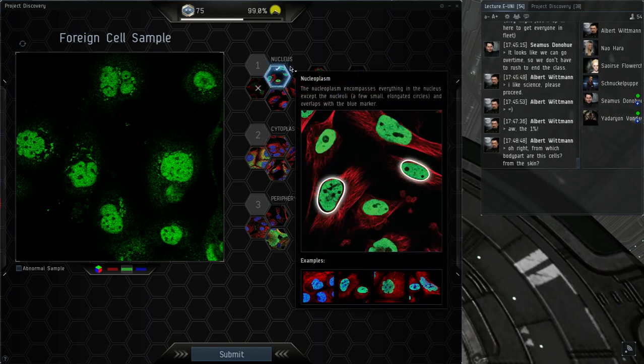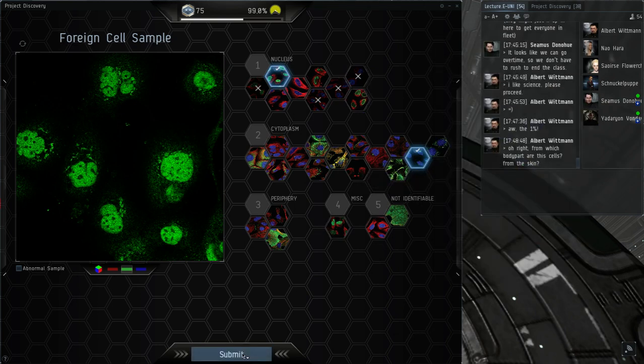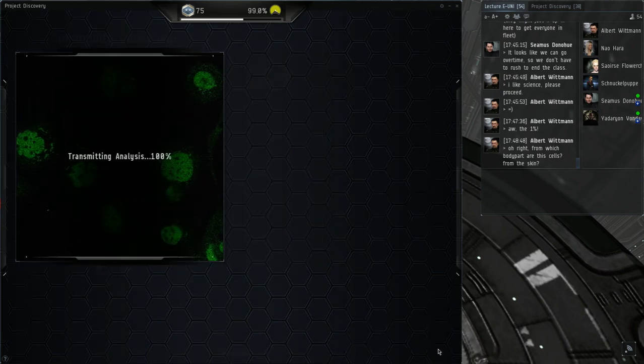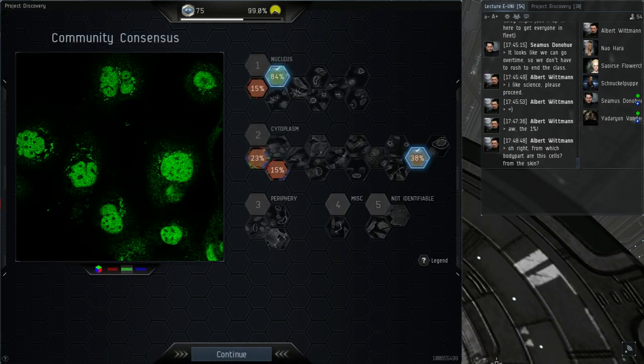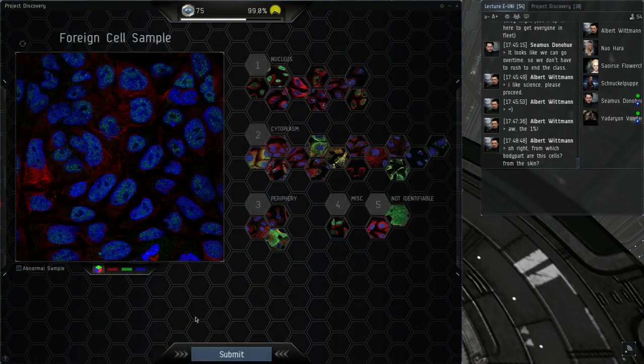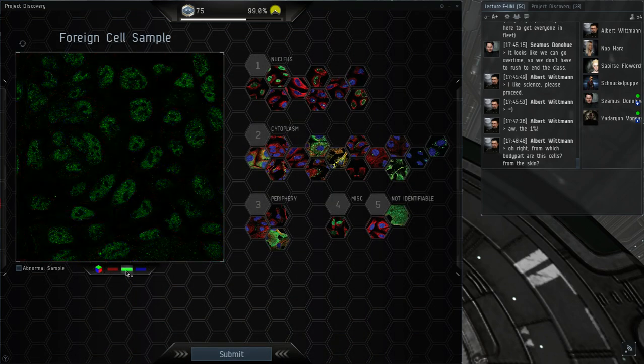So let's submit this as nucleoplasm and Golgi apparatus. And I see a question from Albert about what body parts these cells are from, if they're from the skin or from other parts, and I'll just answer it immediately because I think it's a really interesting question. Down here in the bottom right corner you do see the ID that we need to identify this sample. And as I said before, we have about 20 different cell types, and they come from very different organs and tissues in the body. Maybe I should just come back to that later in the question part and discuss it a bit more.